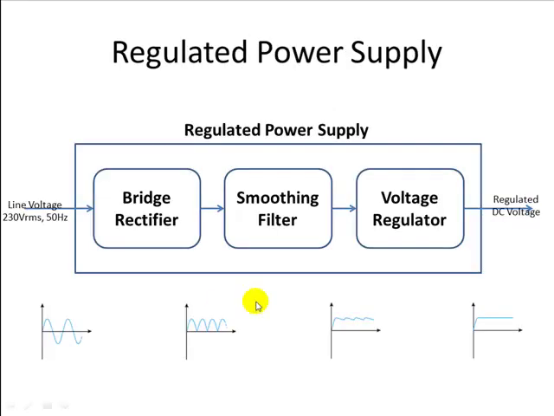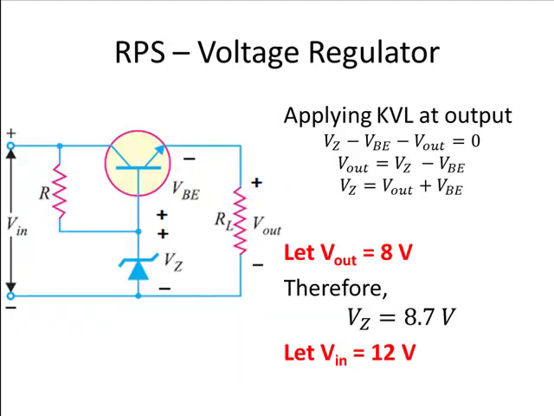First we shall start designing from the voltage regulator, then we shall design the smoothing filter, and at the end we shall design the bridge rectifier. So let us begin the design of the voltage regulator. Let us use a simple voltage series regulator. We shall use a reverse biased Zener diode to give us a reference voltage signal, and a power transistor to